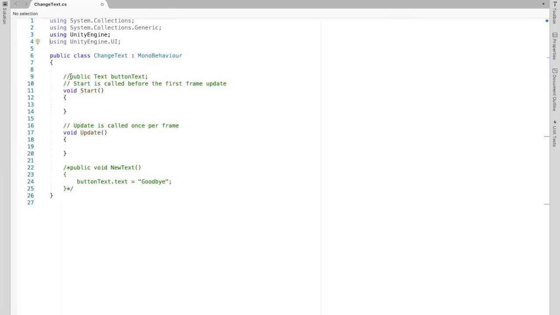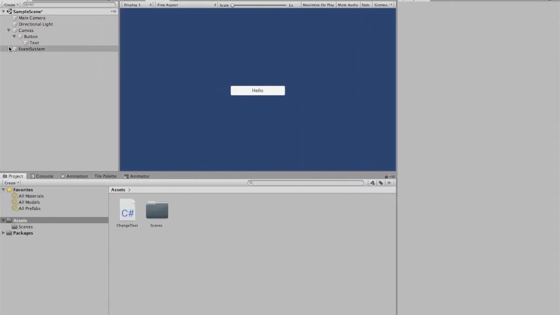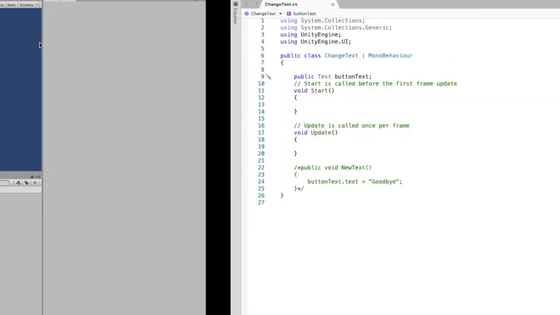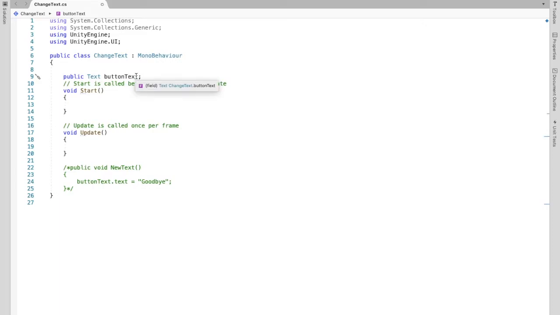Now we're going to create a public text. And so in this case, this text is actually going to just be the text in our button. So that text is automatically created once we create the button. You don't have to create another one. We're using this one. So I call it button text. And then we're creating a method